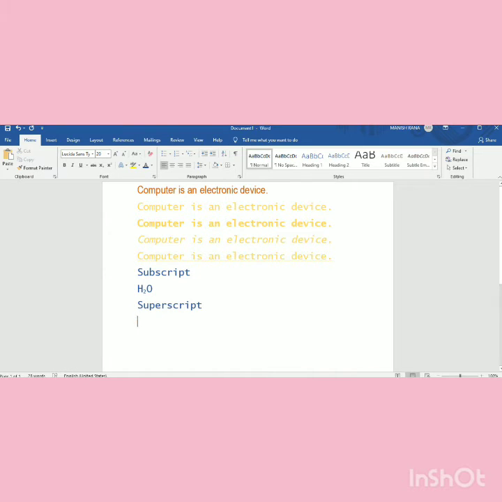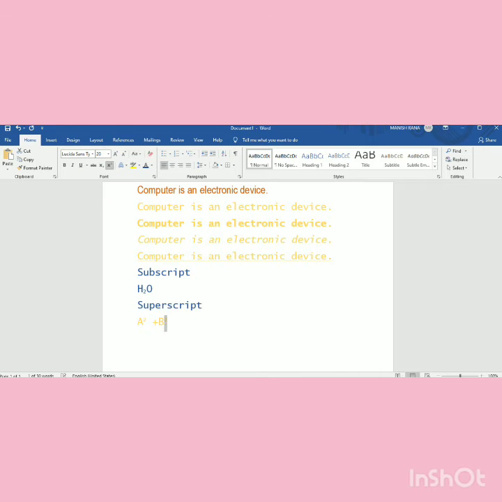Suppose we have to write a square plus b square. In this case, again we have to select only the particular letter, only the particular word which we have to show in superscript.